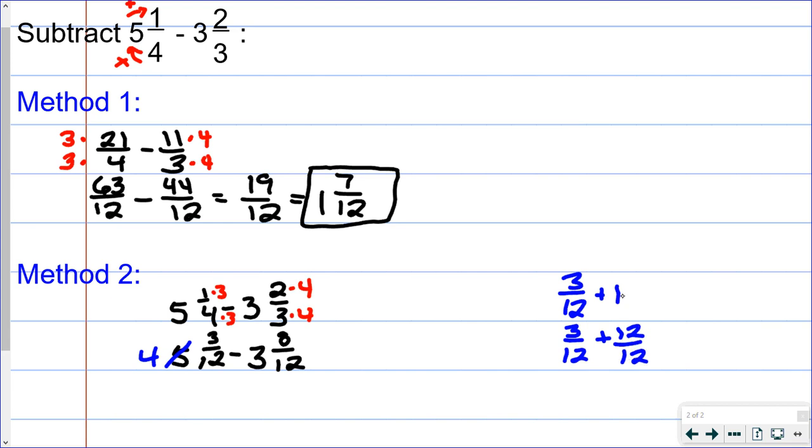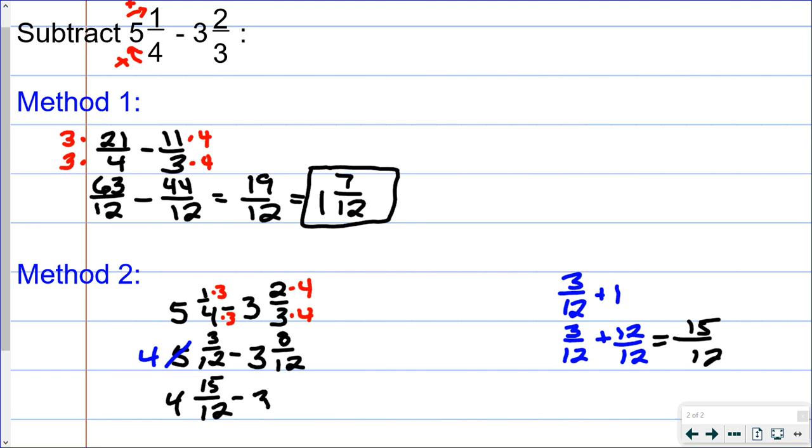12 over 12 is 1, right? So I'm still adding 1, and now I have a common denominator, so I can add these together. So what I'm going to do is add 12 over 12 to this 3/12. If the denominator was 15, then I would add 15 over 15. If the denominator was 8, then I would add 8 over 8. So I'm going to add 12 over 12 to that, and so that's going to become 4 and 15/12 when I add those together,